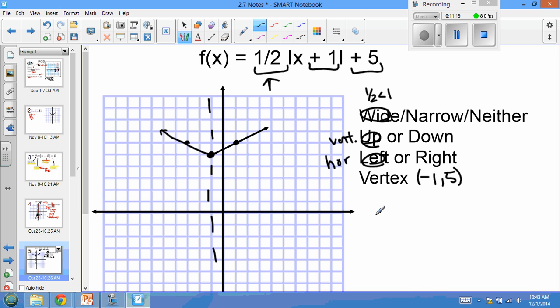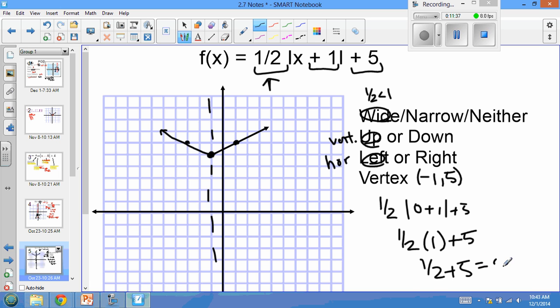Okay, so say I pick 0, so I'm going to plug in 0. So I have 1/2, the absolute value of 0 plus 1, plus 5. 0 plus 1 is 1. So I have 1/2 times the absolute value of 1, which is 1, plus 5. So 1/2 times 1 is 1/2, plus 5 is 5 and 1/2. So I plugged in 0, got 5 and 1/2, which if you would check, (0, 5 and 1/2), does that